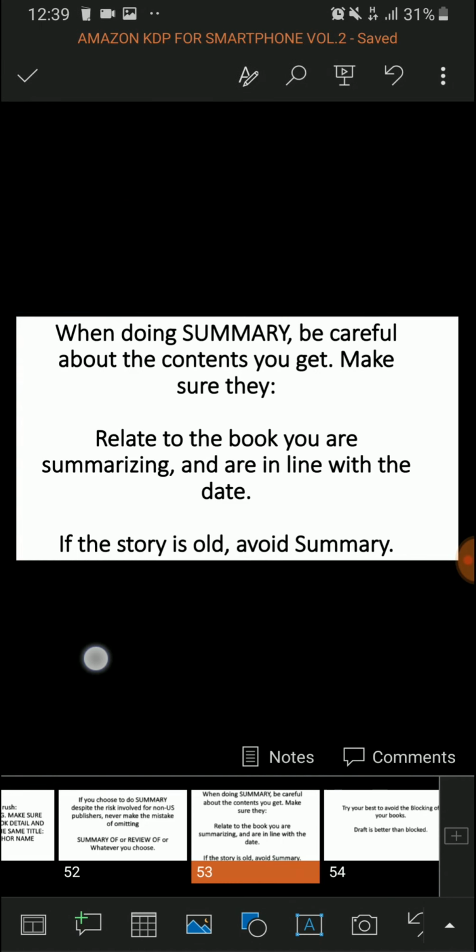So, you have to listen to me very carefully. Make sure the content matches. Check the date when the content is available and make sure it matches. Understand this. Check the date. For instance, the book you want to summarize was published in June, and you search for content about that book. Be careful. If the content is dated 2000 or 1998, please avoid it. Even though it's kind of related, avoid it. It's too old and it's freely available on the web.